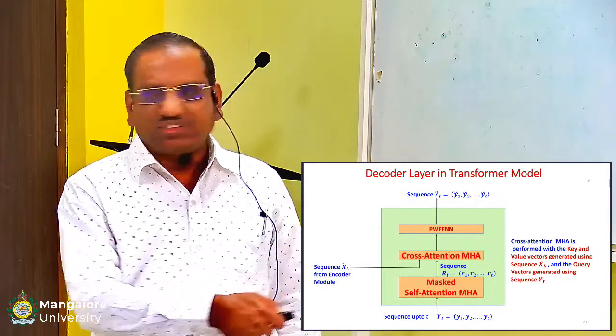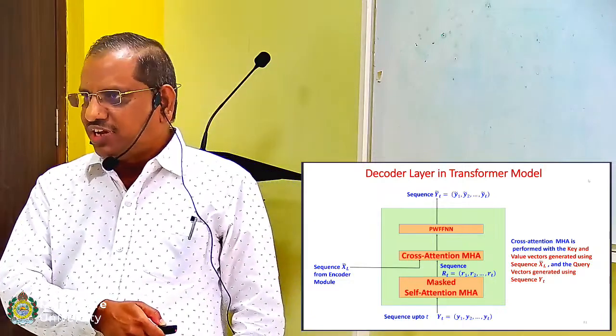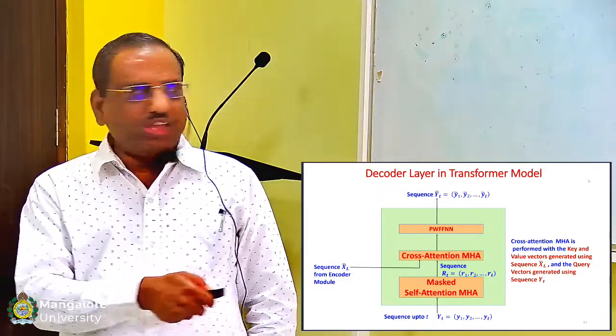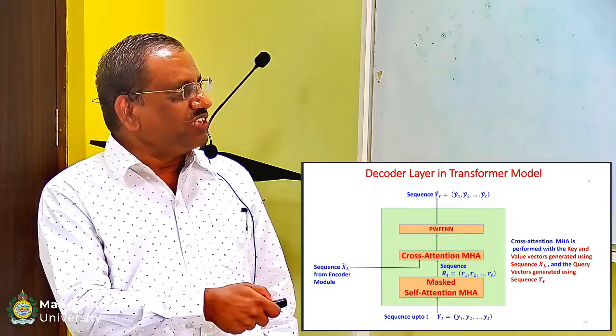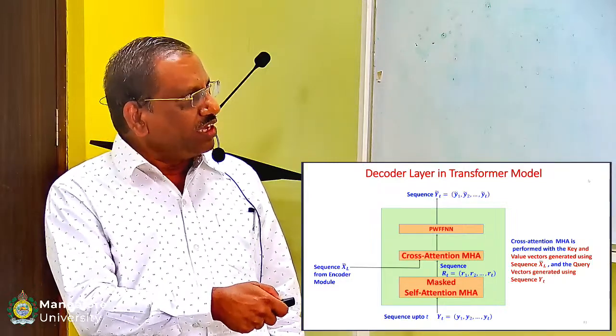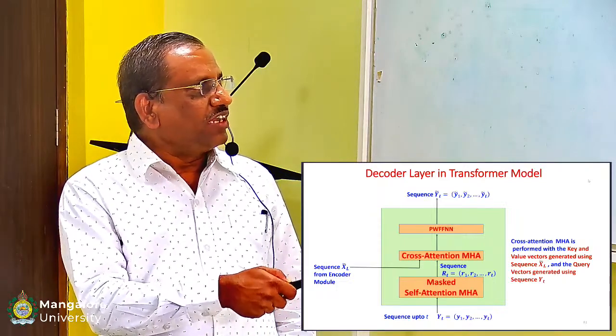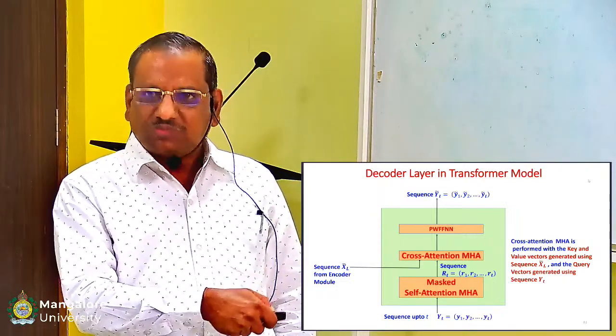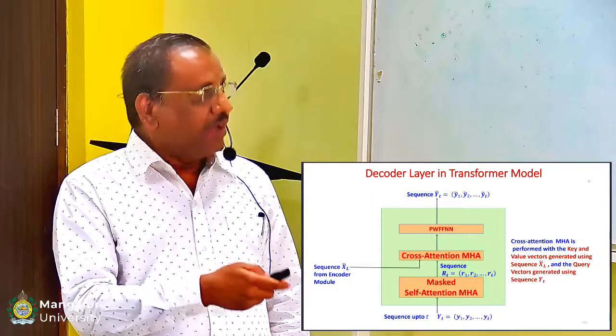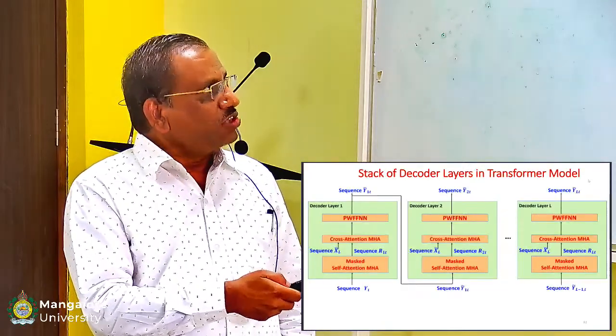Then we perform this cross attention, multi-head attention, similar to what we have done, so that we combine the information about the words in the input sentence and the words in the target language sentence, and then get a new representation of both the inputs,